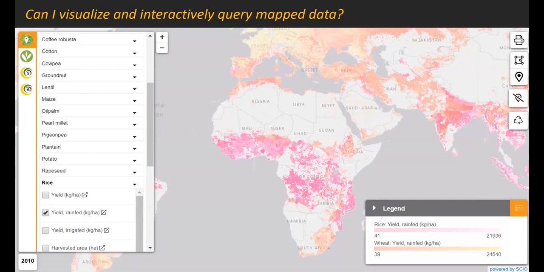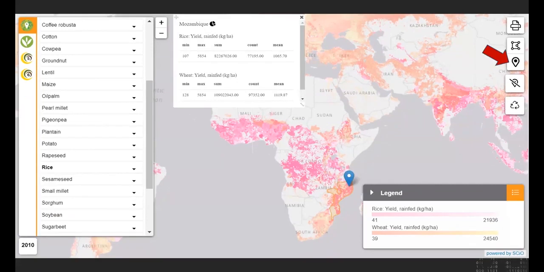You can see the legend there. And then what I've done is I've taken the pin from the left, my red arrow is pointing to it. I've just moved my cursor, picked it up and moved my cursor over to Mozambique and dropped the pin on Mozambique. When I do that, an interactive box pops up and tells me what the rain-fed yield for Mozambique is